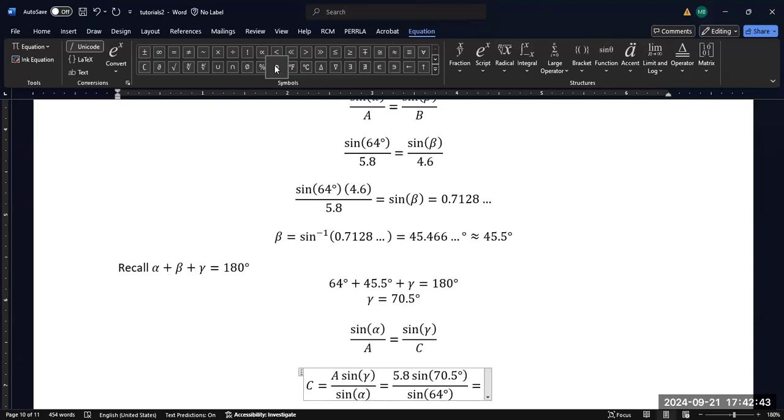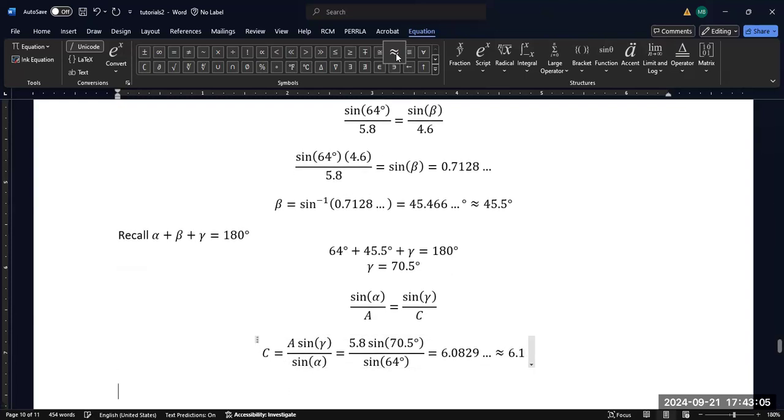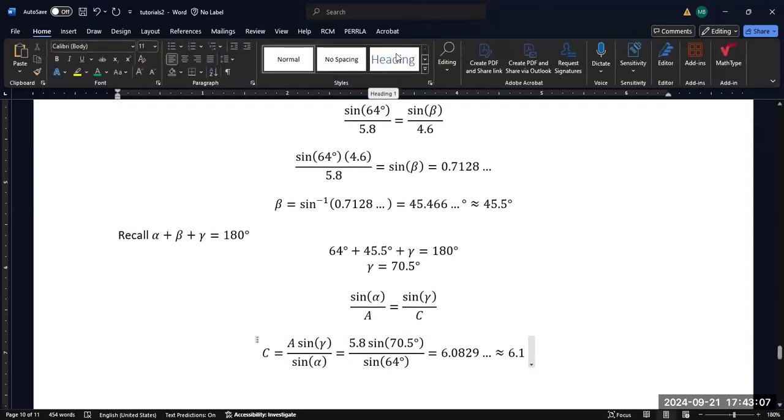And I'm going to get 5.8 times sine of 70.5 divided by sine of 64. And I get 6.0829 dot, dot, dot, or again, rounding to 1/10 of a decimal place, 6.1 centimeters, if that's our units. So this is what you would do if you get one